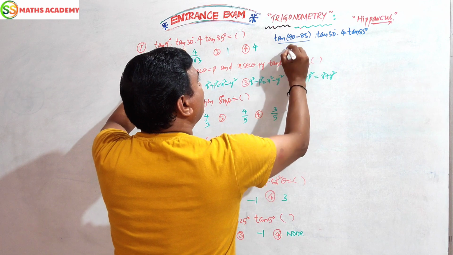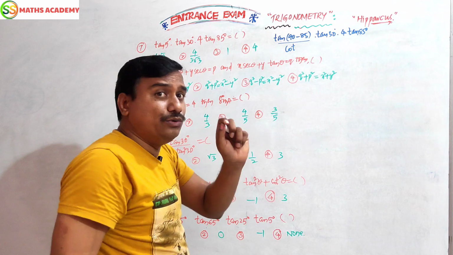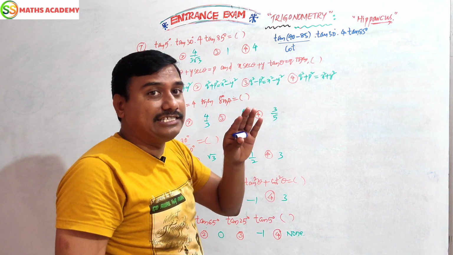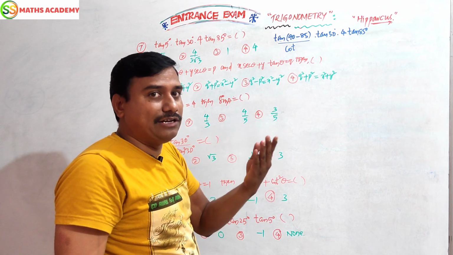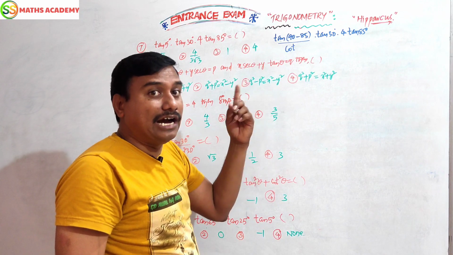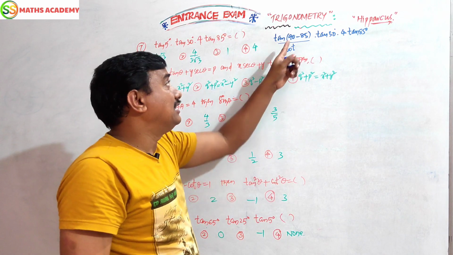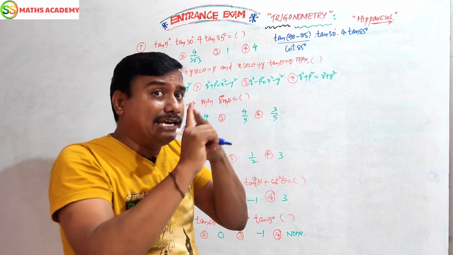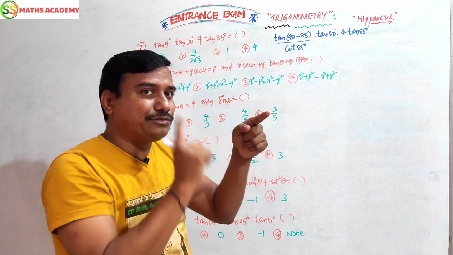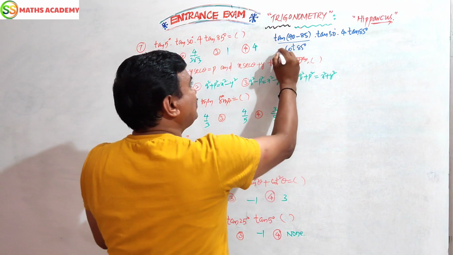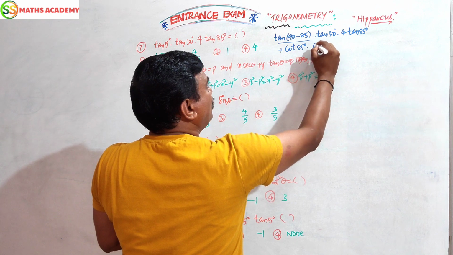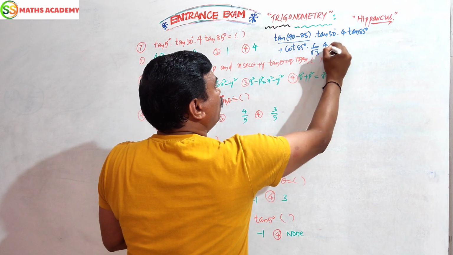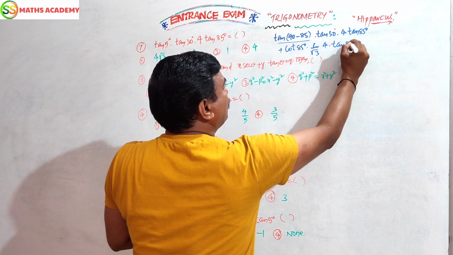Tan of 90 minus theta is cot theta. I told you 90, 270 will come, opposite will come. 180, 360 will come, same reflection will come. Tan, sin will come. Okay, here 90, odd number. So tan becomes opposite cot, theta 85. 90 minus theta, ASTC, all silver teacups. A, all positive, plus cot 85, tan 30. Tan 30 value you know very well, 1 by root 3, into 4, here tan 85.